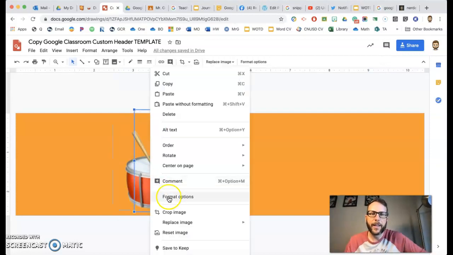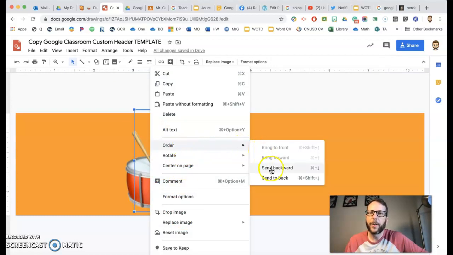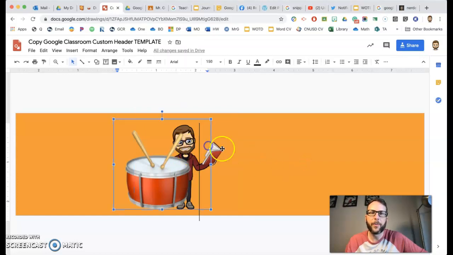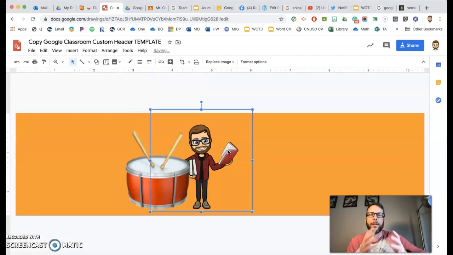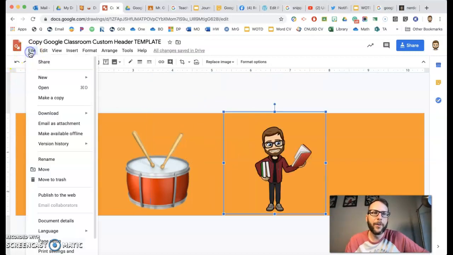So you could always right click and then you could order your pictures. So you could bring your pictures forward, backwards. So you could put it, so now you see he is behind the other picture. So if you want to get creative, if you want to move things around, you could have your pictures together, you could have multiple pictures, you could do whatever you want, and then all you'll simply have to do is